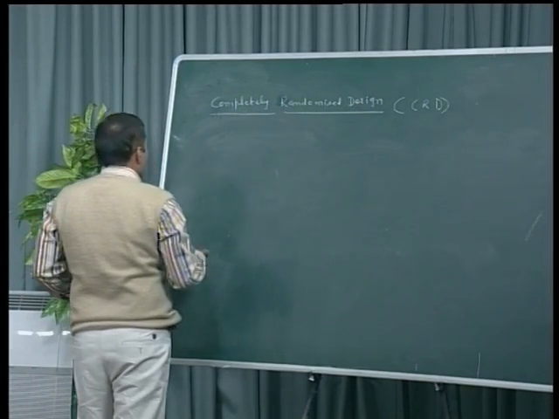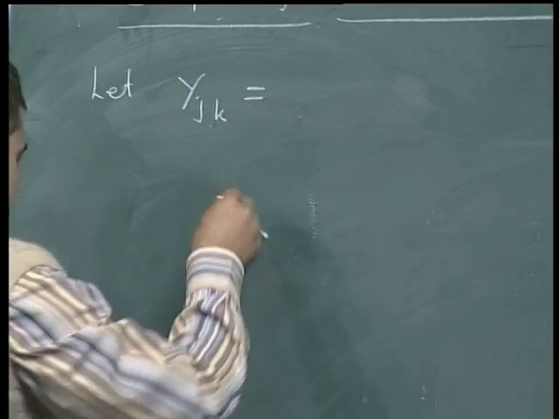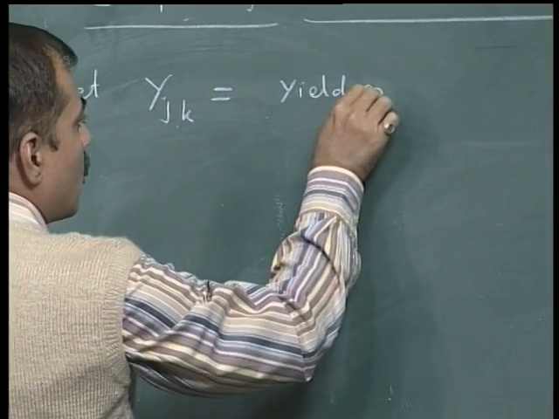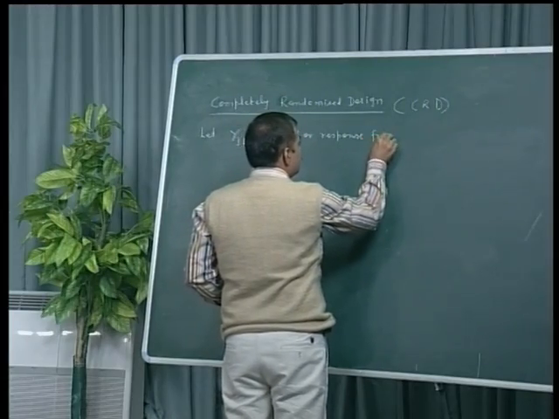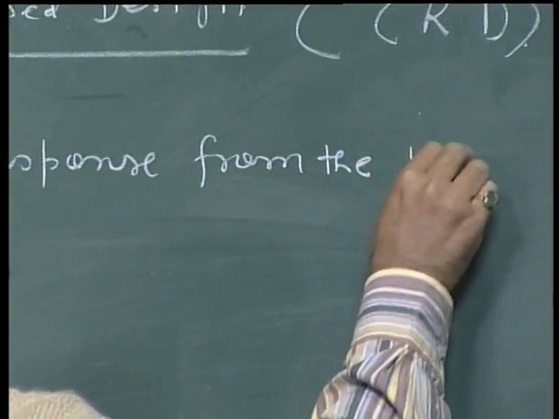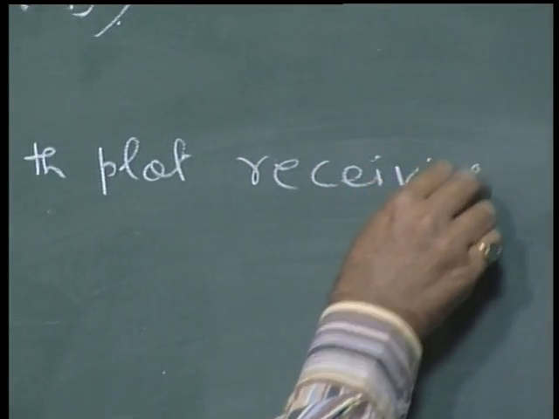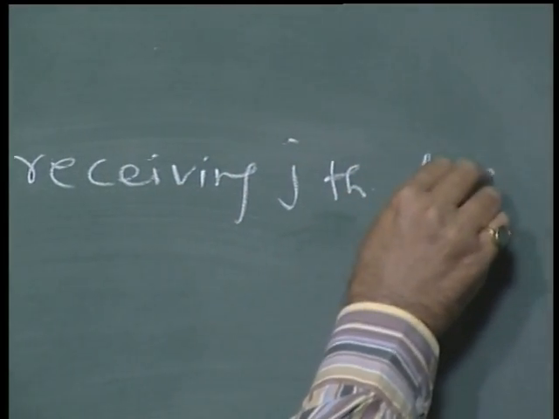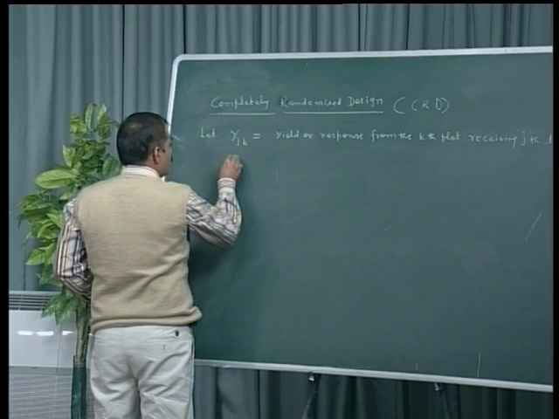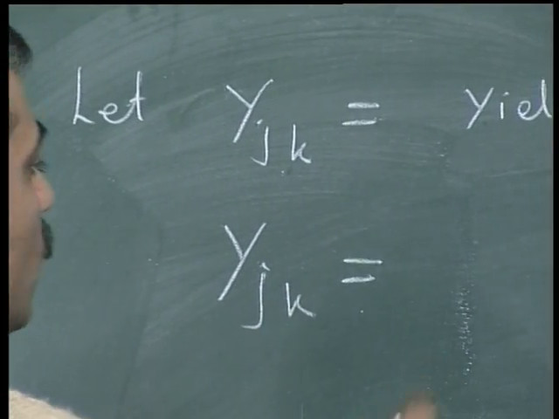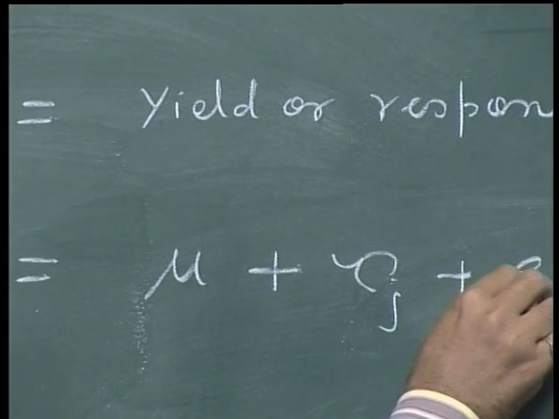Let yjk be the yield or response from the kth plot receiving the jth treatment, and yjk is equal to mu plus tau j plus ejk,